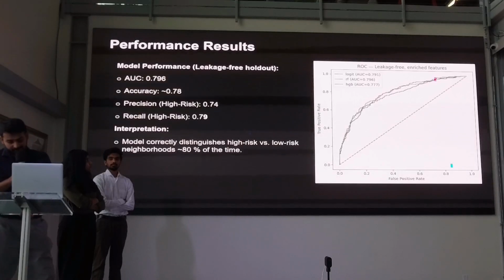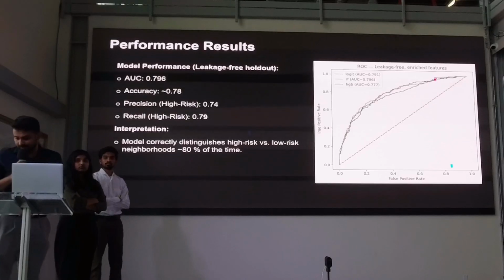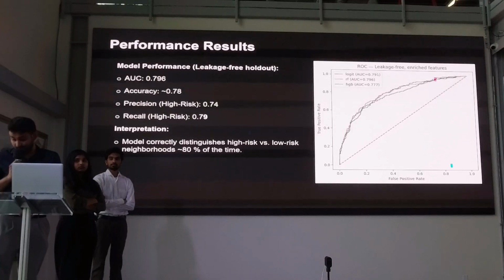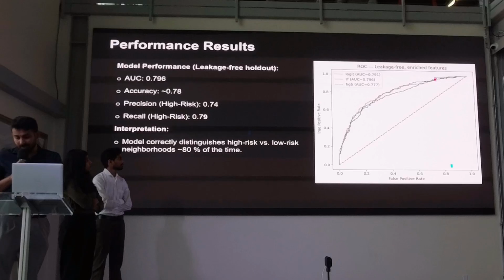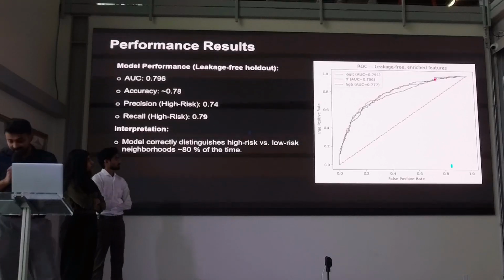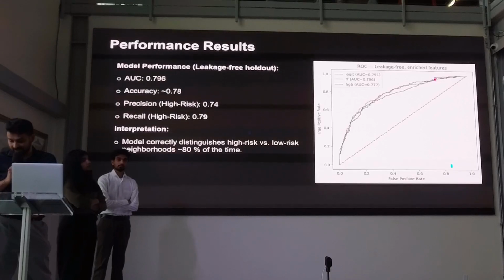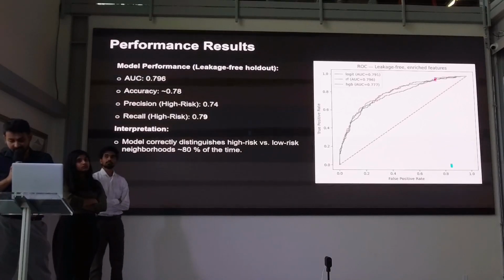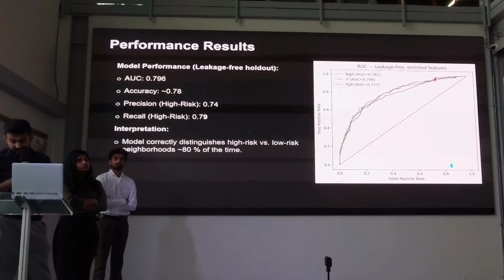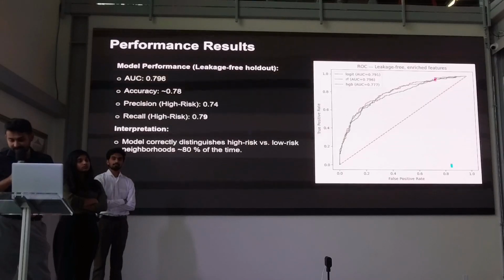In simple terms, the model correctly identifies about 4 out of 5 neighborhoods that are truly at high displacement risk. This means our approach isn't just theoretical, it's reliably distinguishing stable versus vulnerable areas, giving city planners early actionable insight